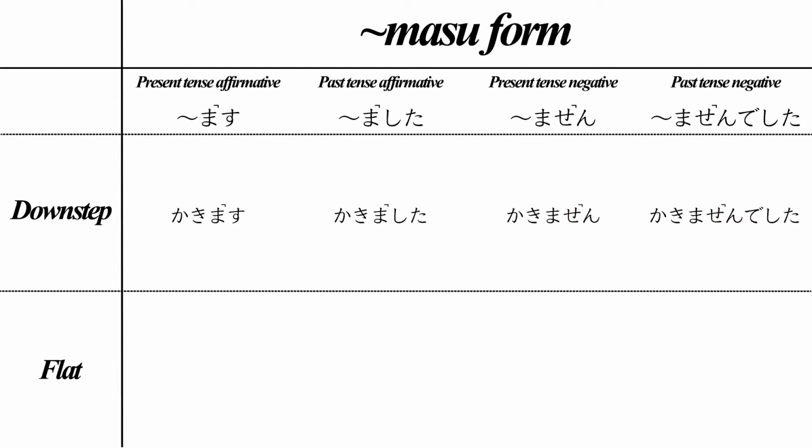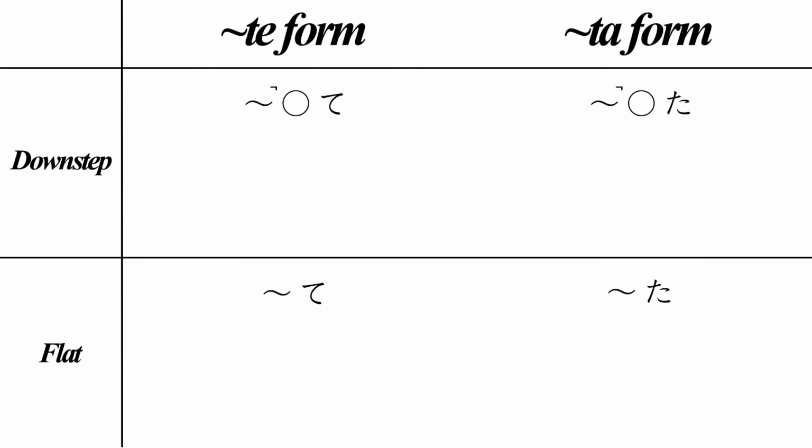A flat type verb 行く turns into 行きます、行きました、行きません、行きませんでした. In the present tense affirmative and the past tense affirmative, the accent falls on ま、行きます、行きました。In the present tense negative and the past tense negative, the accent falls on せ、行きません、行きませんでした。